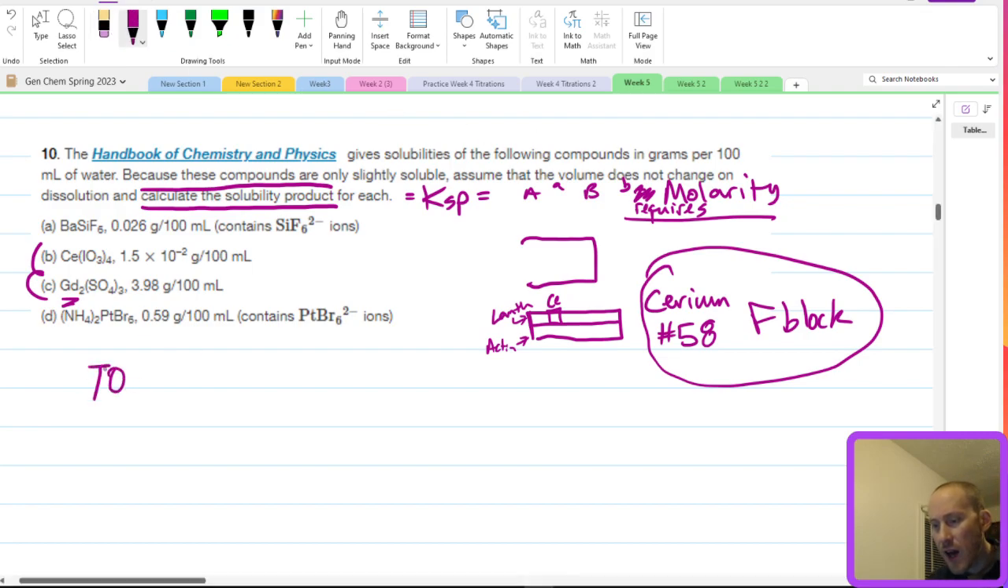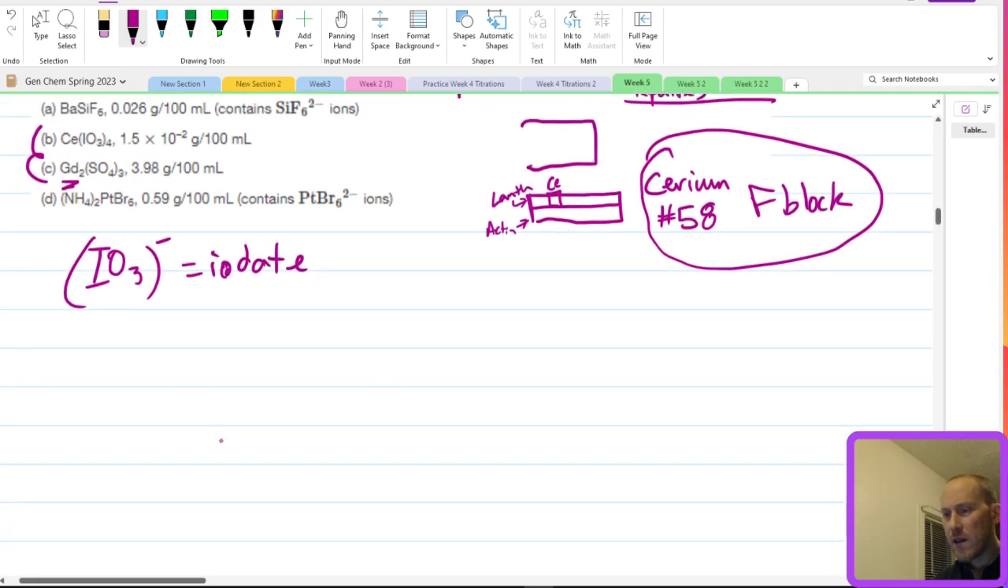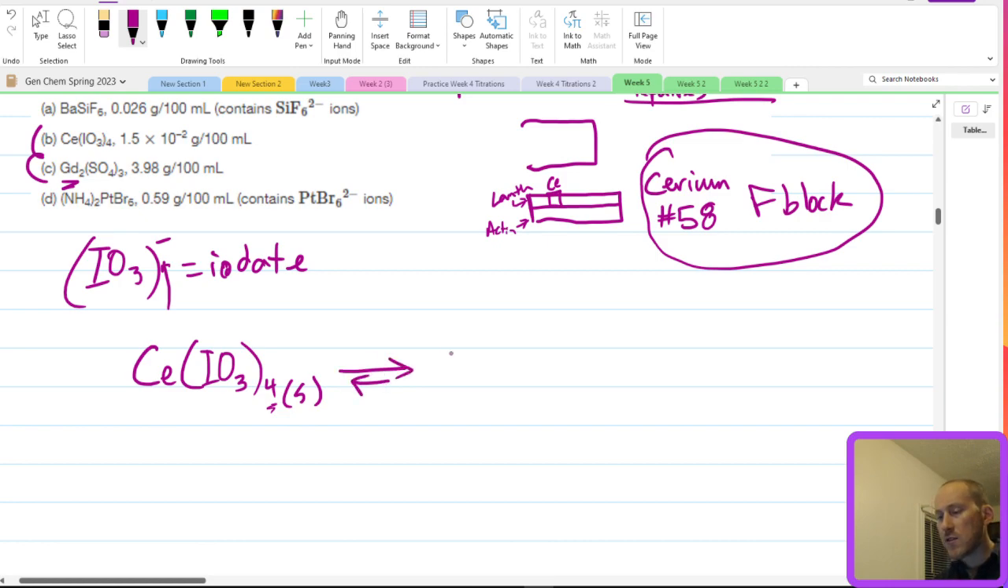Really quick, let's also note that IO3 minus is iodate, another common polyatomic ion. That's something that you have memorized or that you Google enough until you have it memorized, or however you look stuff up. That's one of the common polyatomic ions. We can definitely say that if you have cerium in a solid salt with, count them, four iodates, and we know that iodate, the common polyatomic ion, likes to be at -1 formal charge, then it is very reasonable to think that when these things dissolve in some water,